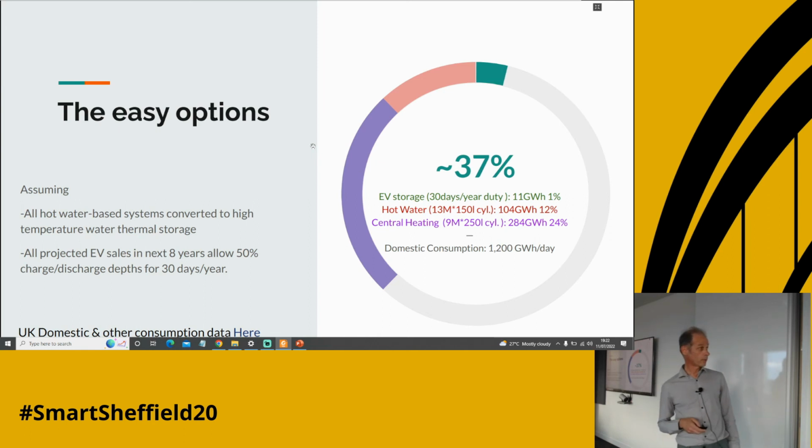If we did the same with heating, which is more difficult, you need quite a lot of storage for heating. These are quite modest and not particularly realistic values. You can get another 24% of the national grid's output into hot water tanks and heat your home from those. The scalability of that is quite difficult, but it's certainly doable. There are other methods of storing heat, other methods of thermal batteries, phase change ones,